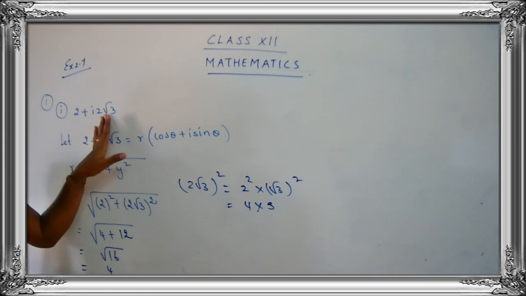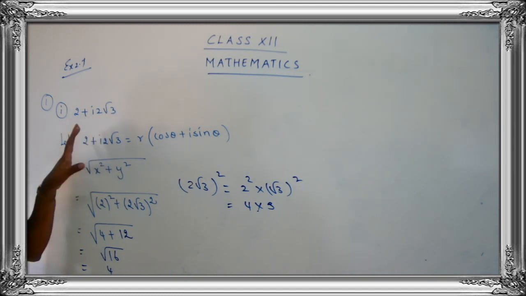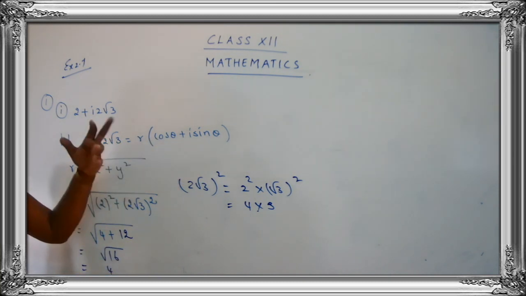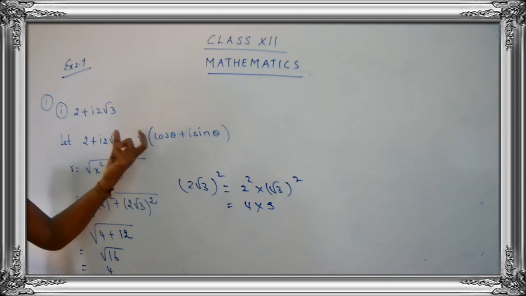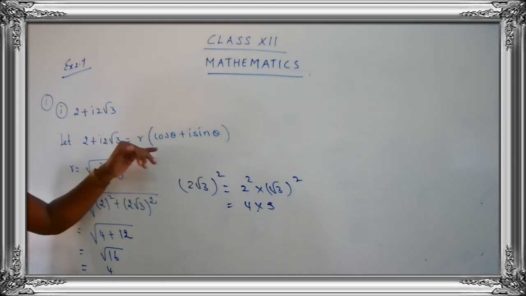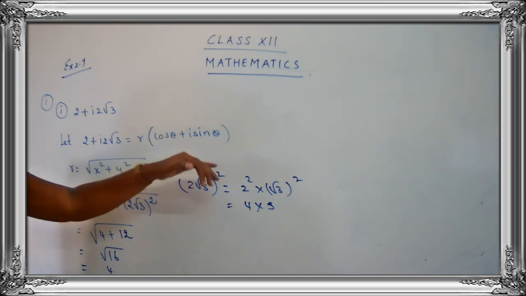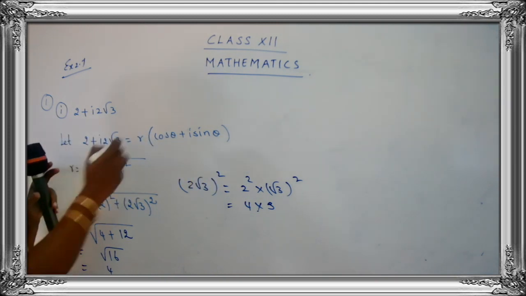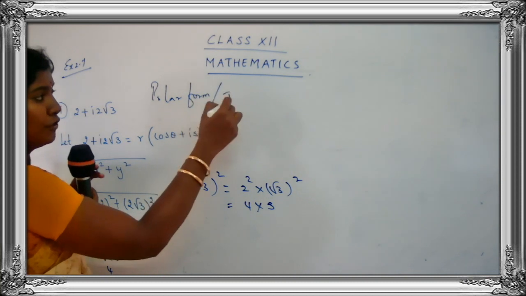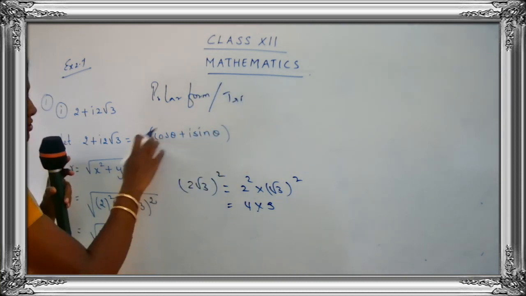So a complex number is given to you. So what are you going to do? You are going to convert, or change, the complex number into polar form. What is the polar form? You are going to write it in terms of cos theta and sin theta. That is r times cos theta plus i sin theta. And we may call polar form trigonometric form also. Polar form or trigonometric form. Okay children? So this is the work.